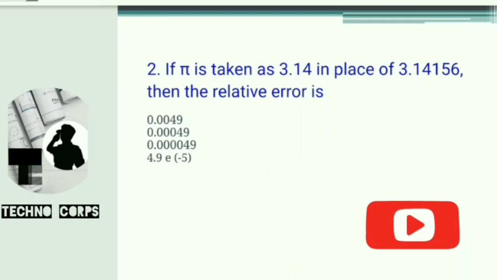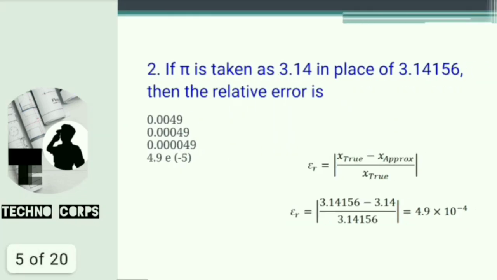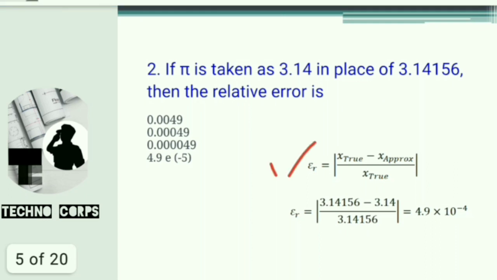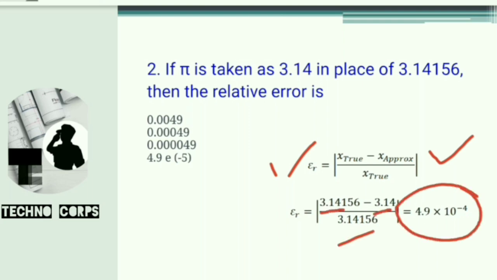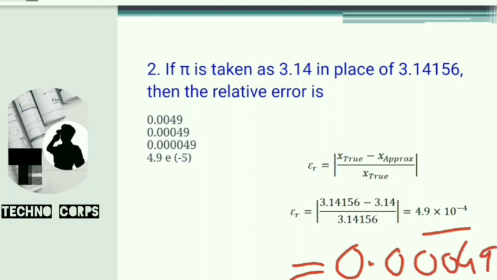That means we are approximating this value into this. So the solution will be like this, where relative error is the formula we have just seen. By putting all the values here, we will get this value. So according to the options, which option will be right? Here we can see this can be written as 0.0003 times 0.49. So according to that, the second option is the right option.